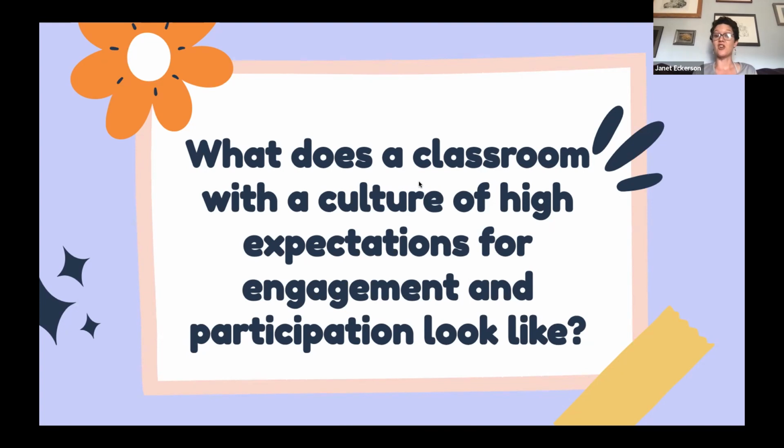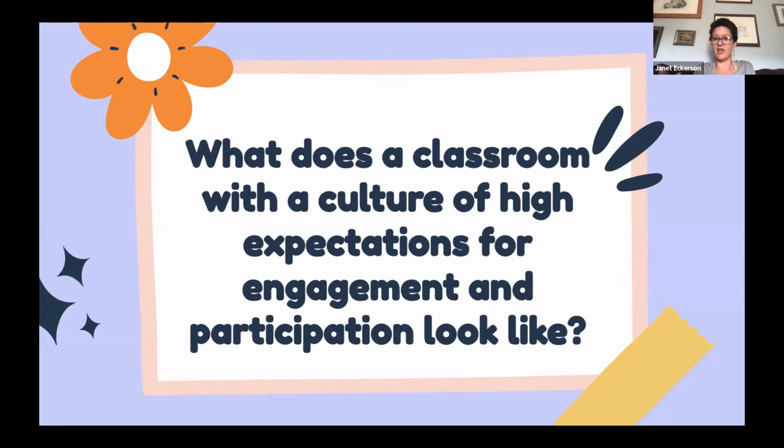The teacher's expectations are clear. Students know the teacher's expectations. I like that too, right? That students seem to know what they're doing, right? Feel confident. That's another part of it, right? Lots of students using the target language, being on task. I love it. So I think we have a shared vision, right, of what it looks like